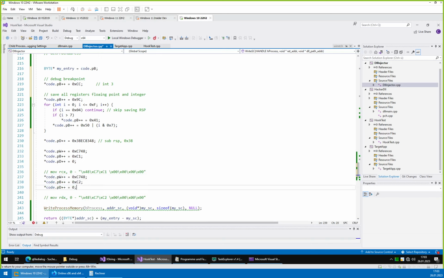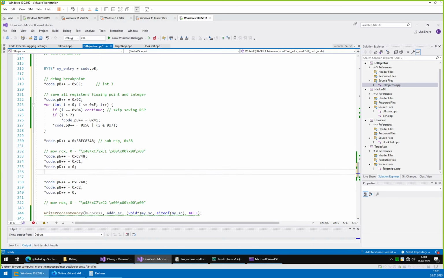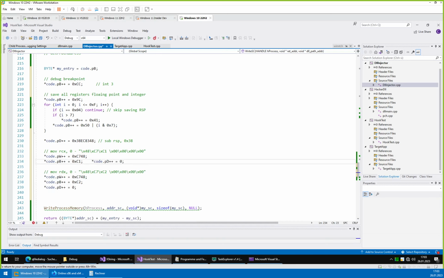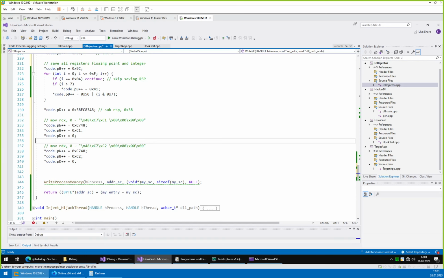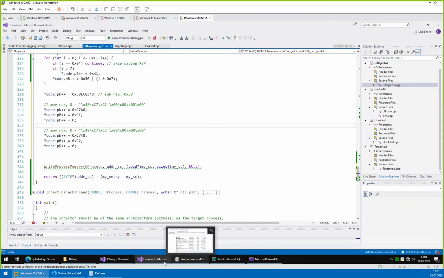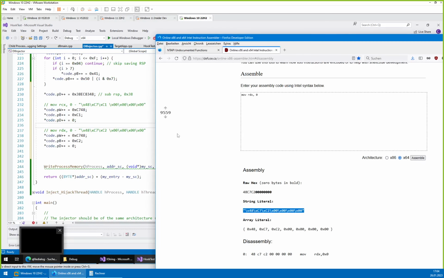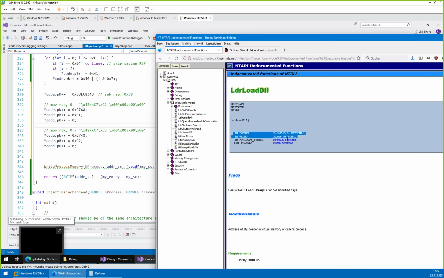This one with rcx, rdx. Yeah. So we have here our two registers. The next thing we want to do is fill the module file name. So this will be